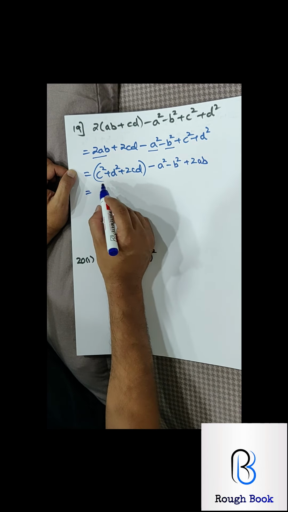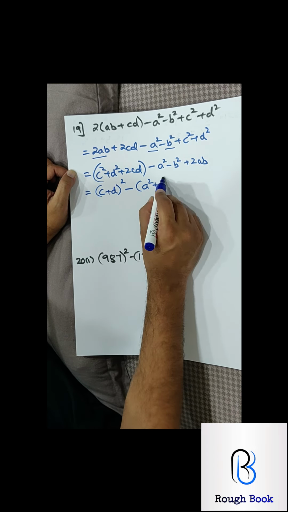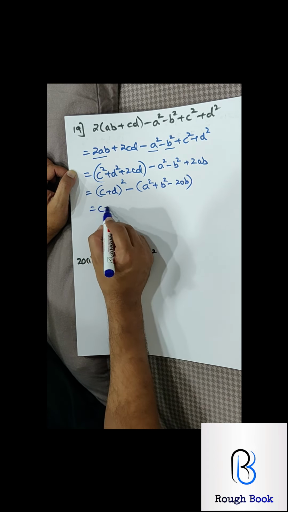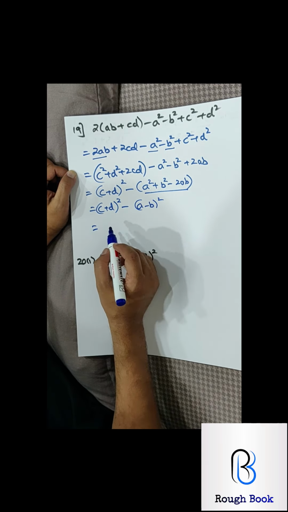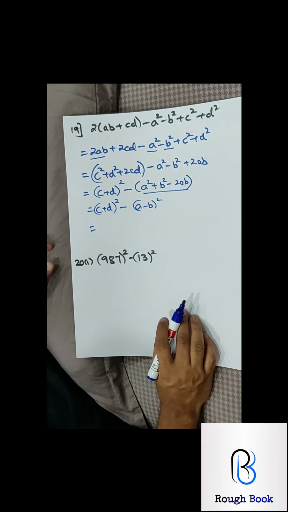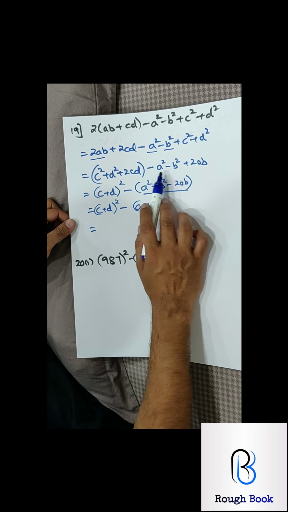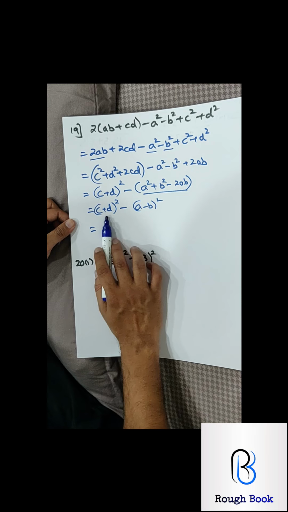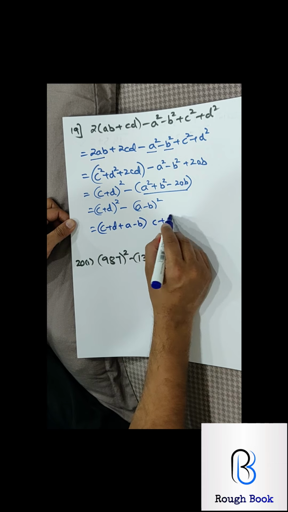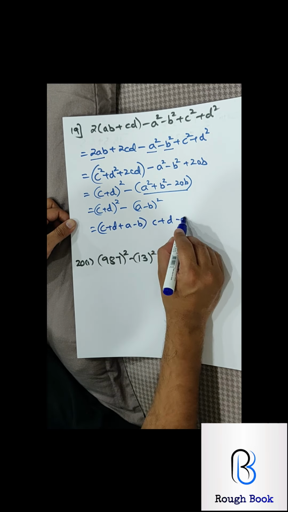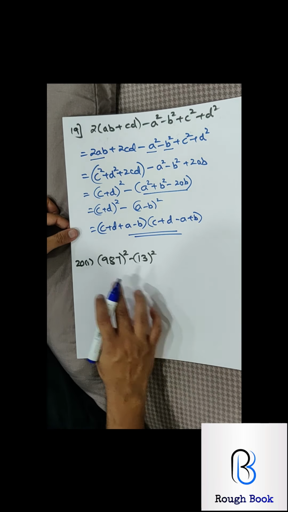First let's pull minus common. This can be written as c plus d the whole square. First pulling the minus common, so all signs change. And now in the second part, this also will be a minus b the whole square. Now a square minus b square again. Wow, what a question. So first you got the families together, you brought the minus sign outside, and now that you've reached here, a plus b, a minus b will be both signs affecting. So minus minus, minus plus. Fair enough? Yeah? Okay, this is simple.